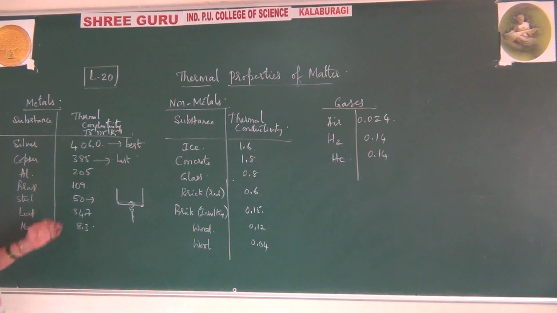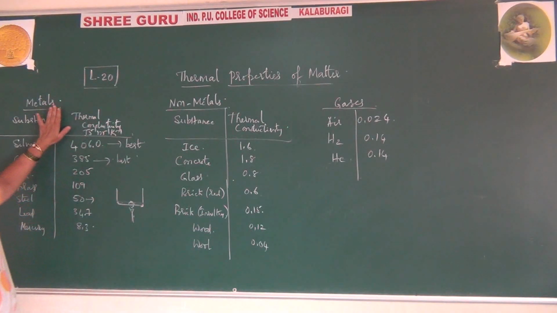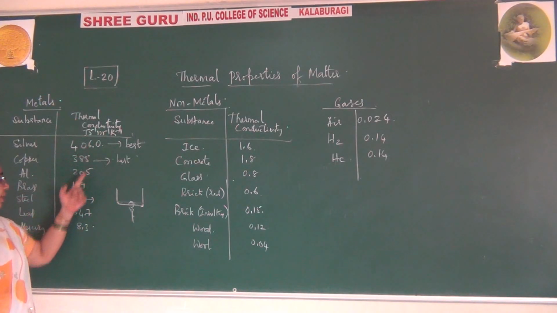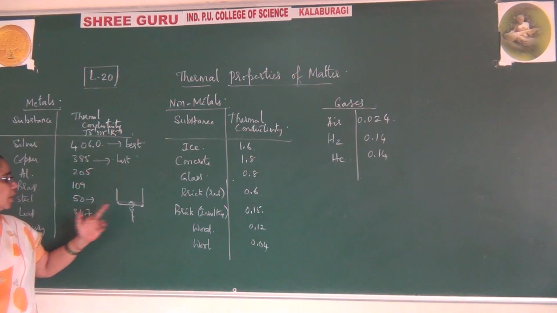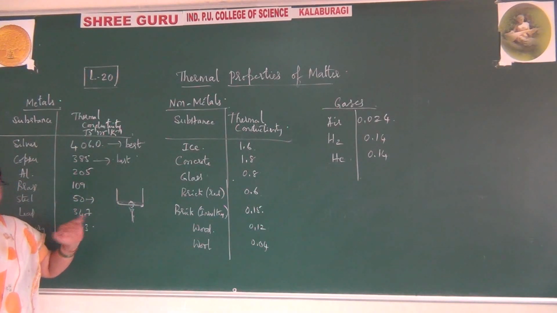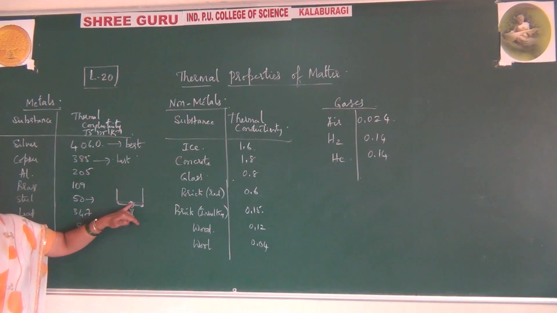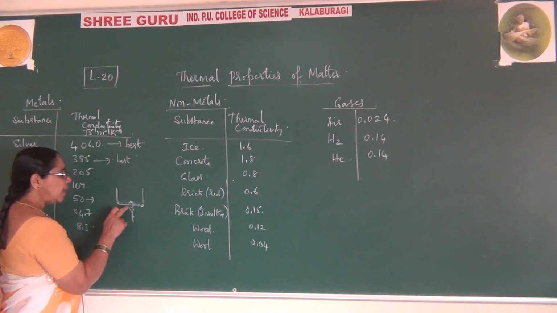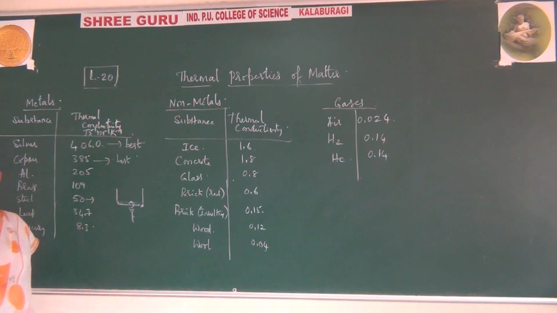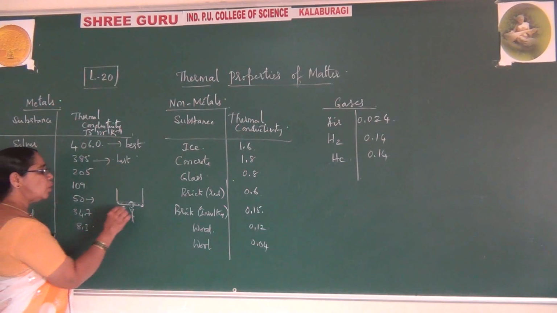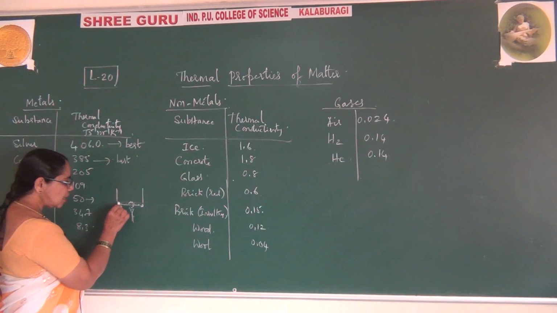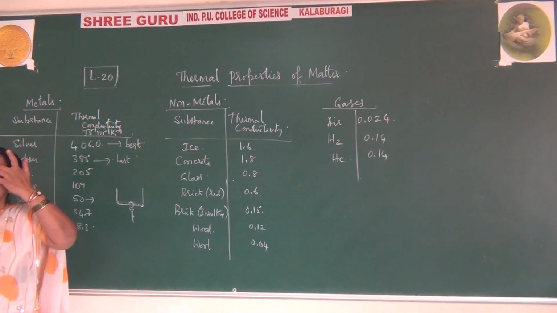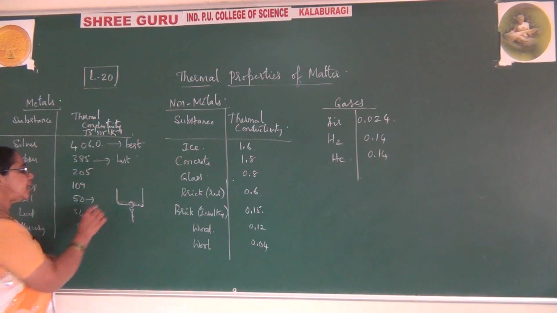What happens? Since all metals are good conductors of heat, even steel conducts heat. There is no problem. But compared to these other values, steel has a lower value, so it conducts heat less well. The part at the bottom cooks, but the vegetables here will not cook easily because heat is not conducted to this side continuously. Only this part is heated very fast, and due to that it burns.